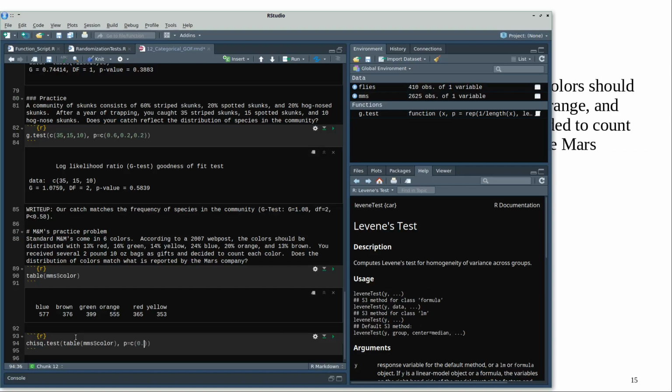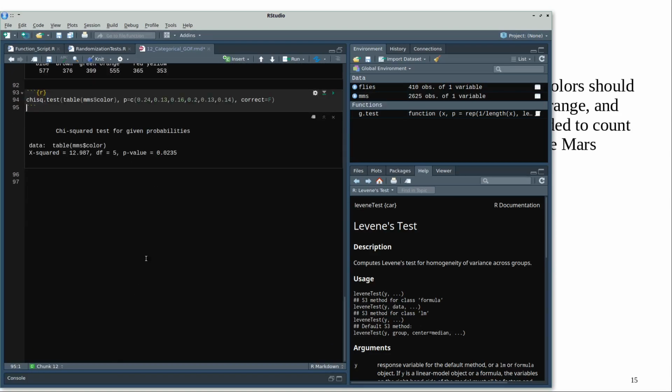So I start with blue, and then it's brown, and then green, and then orange, and then red, and then yellow. And with the chi-square, I'm going to use correct equals false. I run that, and I get